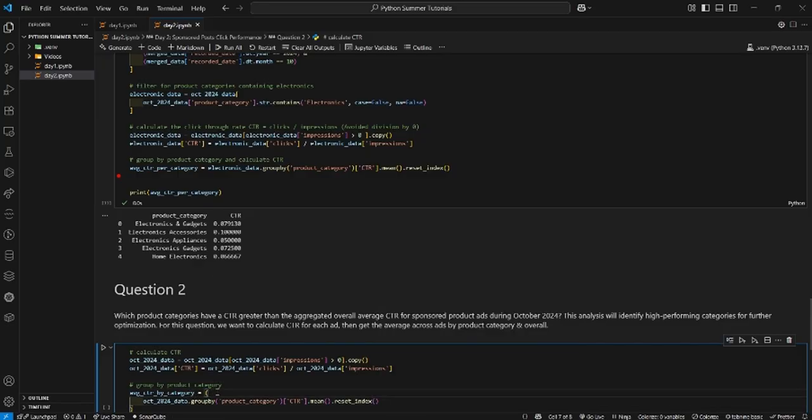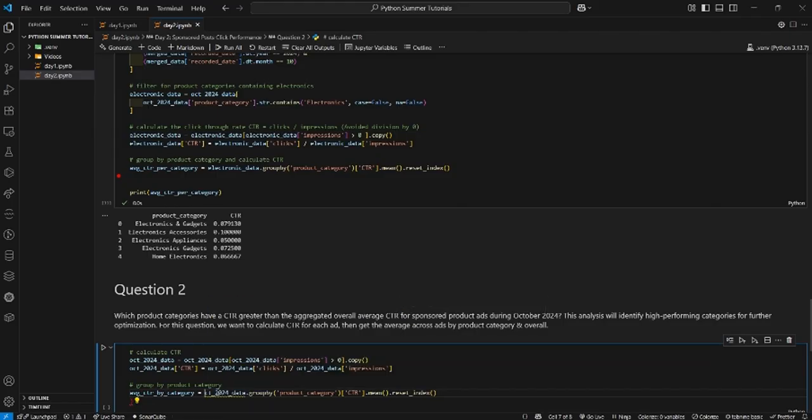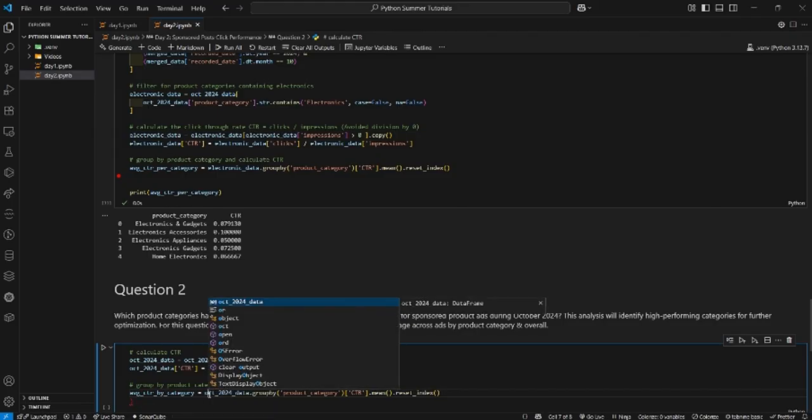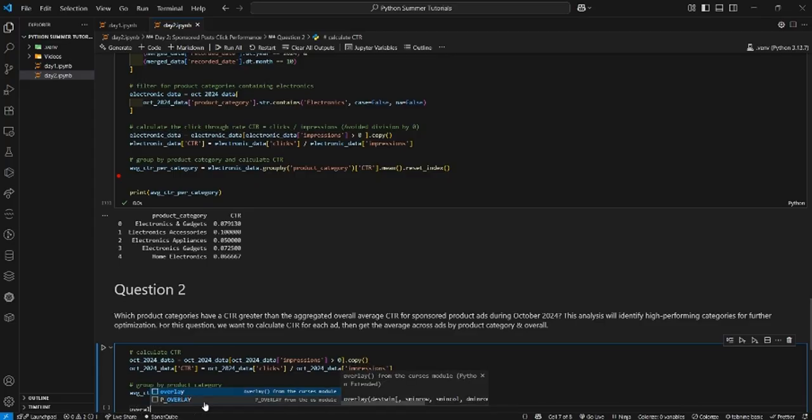Remember, everything should be on a column. So I wish you guys do that. Expecting it to be longer than that. Okay, we've gotten our click-through rates across board. Now calculate the overall, because we're looking at greater than the overall average click-through rate. So the overall